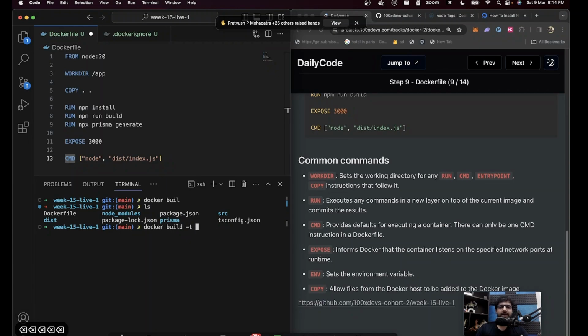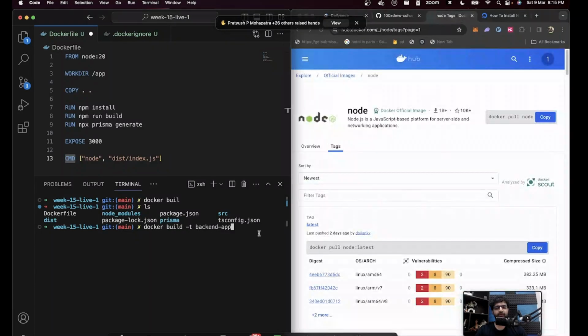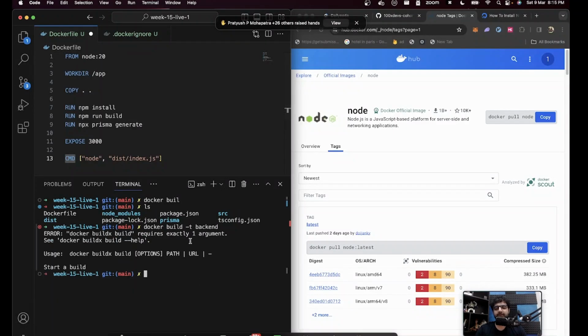But since this is our own application, you can write backend app or whatever name you want to give to this image. This name is important because whatever name you write here is eventually the name that reaches here. So if you try to use node as a name, you won't be able to push to Docker Hub because that's already taken by someone. So for now, add whatever name, doesn't matter. We're not pushing yet. And try to build the image.